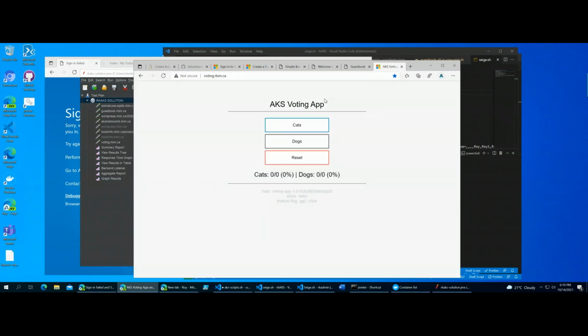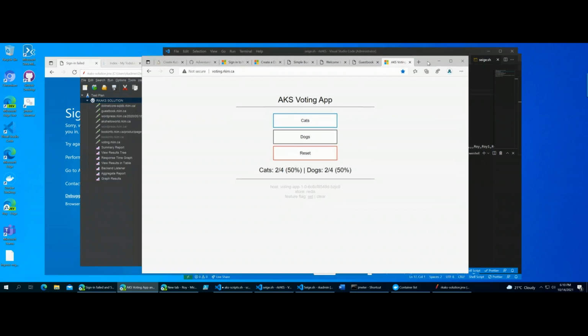Oh yeah, voting app. So you can vote on cats and dogs and reset. So the whole point is I've got a bunch of apps that I've deployed and set up networking and internet facing and all that stuff, right? So the thing now is, okay, how do we do load testing and how do we monitor these things,